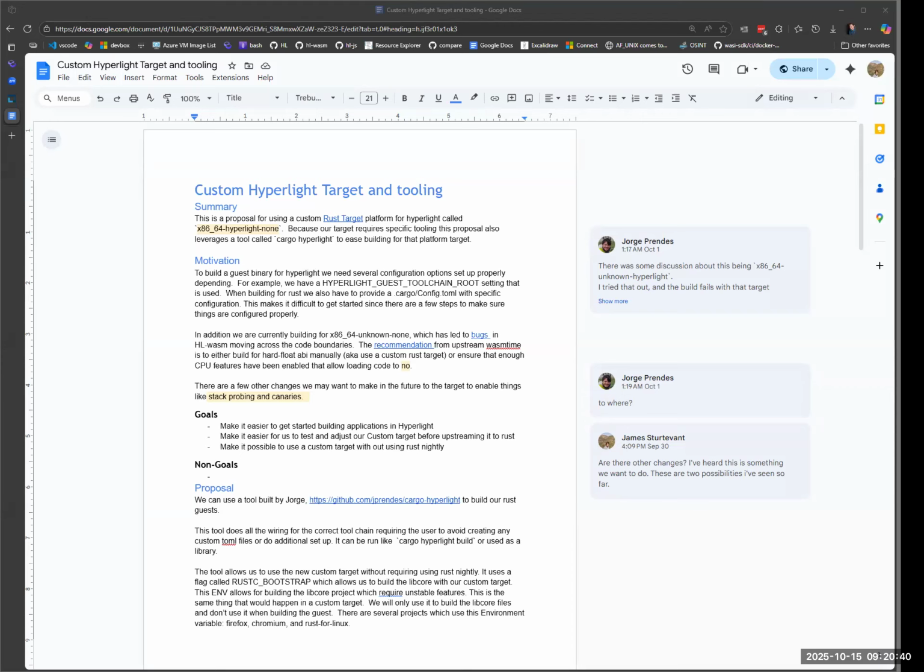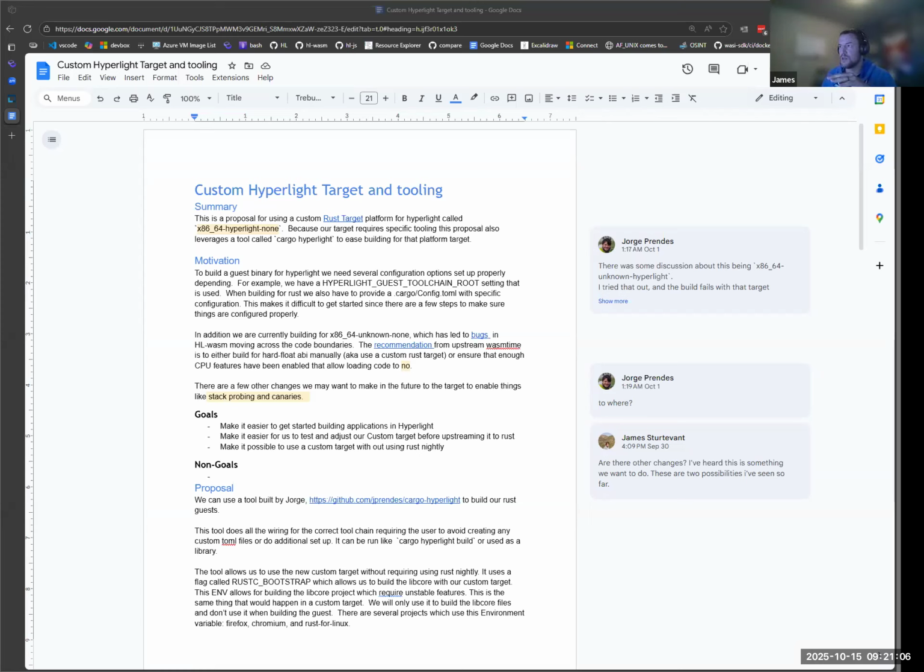So this is just a quick doc. I'm trying to solicit some feedback from folks. There's been some mentions in various issues about having a custom target for the Hyperlight guest for Rust. And recently in Hyperlight Wasm, we came across an issue where this would potentially solve that problem.